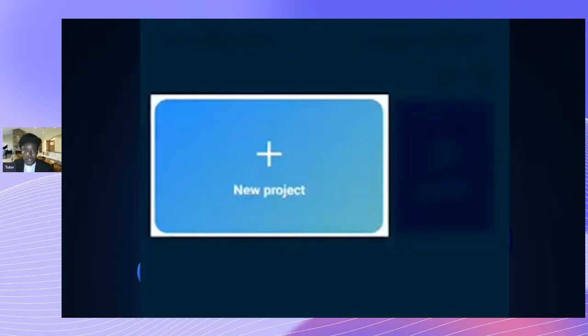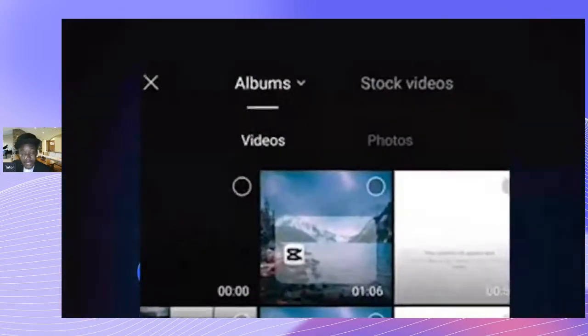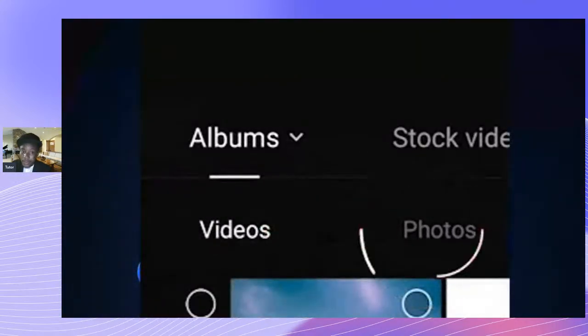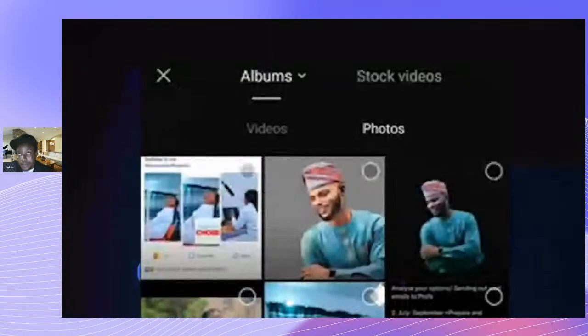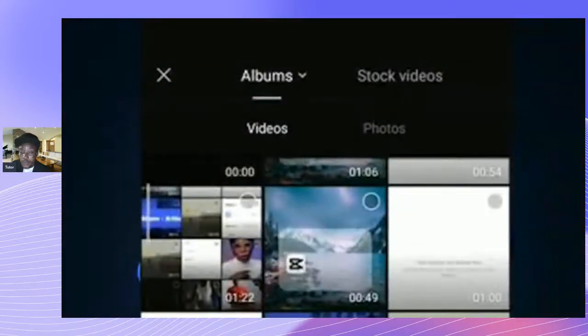you get familiar with the interface, right? Yeah, new project, get familiar with it. Click on your plus, it takes you to your gallery. Remember those steps. Click on this plus, it takes you straight to your phone gallery. You see your photos, you see your videos. When you click on it, you can select as many as you can before clicking on your add